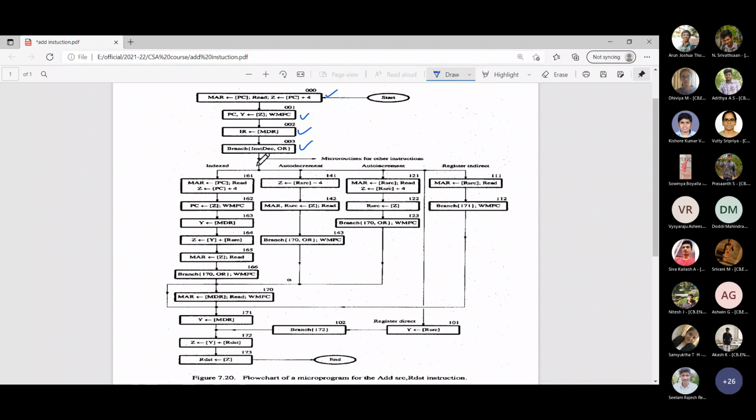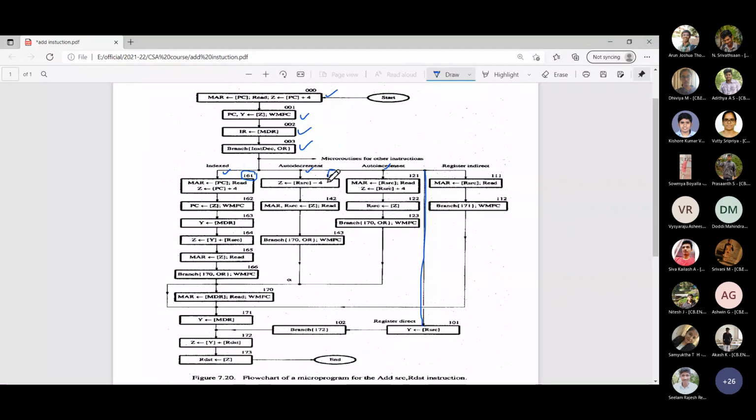So based on the add operation, what type of addressing mode it is, you will branch off to different paths here. It could be register indirect. Register direct starts here because only a few instructions are needed. Then register indirect, auto increment, and direct and indirect are also there. Even if it is direct or indirect, there are certain instructions which are common for any type of micro instruction you take. So here, if it is auto increment, this position; if it is auto decrement, this position; if it is indexed addressing mode, you look at these starting addresses.